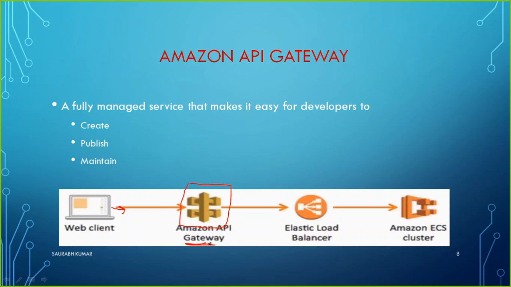It is working as a gateway. Gateway means, I hope it's clear to you all, it provides a gate to reach there. So the API, the program interface, is going to help me to go to the Elastic Load Balancer. Then on the ELB you can have maybe multiple instances, multiple clusters running there, like here we have Amazon ECS clusters. There you can have multiple EC2 instances or something like that.